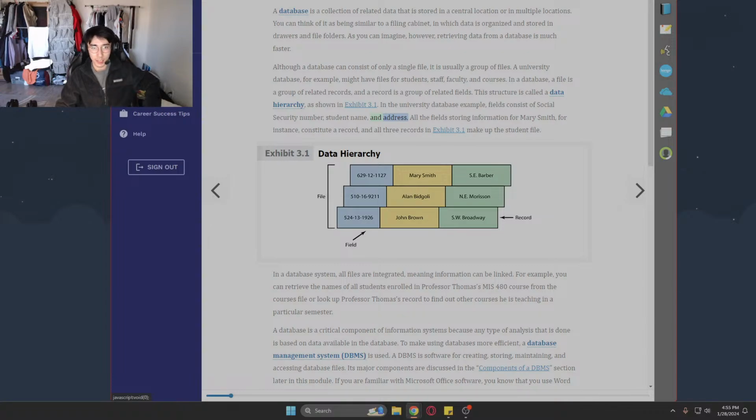All right. So let's do a little review here. So this is the file, the whole file. This is what I was talking about in a hierarchy, which is, boom, boom, boom. And the field, which is all of this, or column, I guess you could say, that's what represents the field. And then the record is, I would say, the row, right? So let's just say the guy's name is John Brown, and he lives at this street right here, right? When you're looking at John Brown in the field section, you will find other people's names, right? You won't find the addresses column-wise,